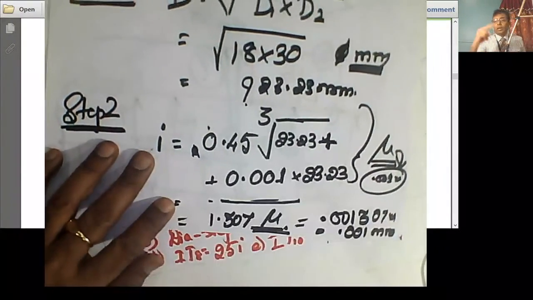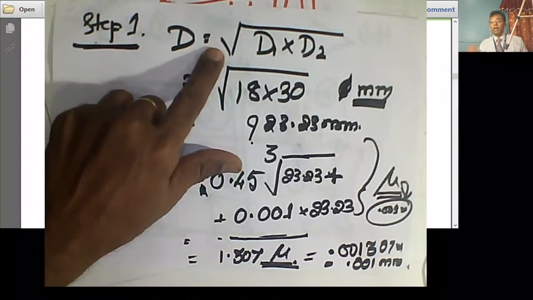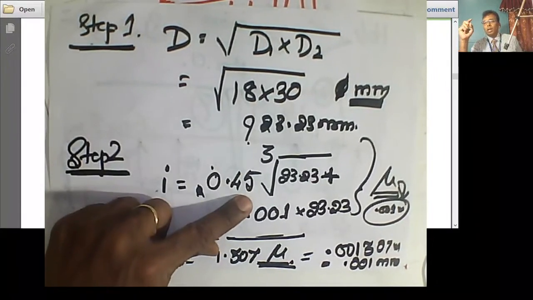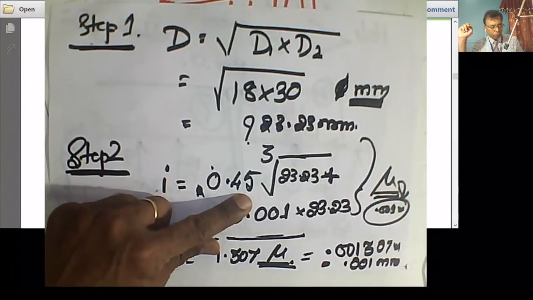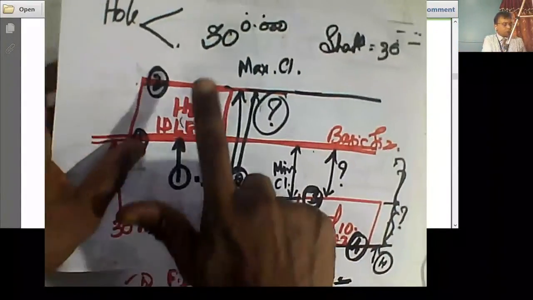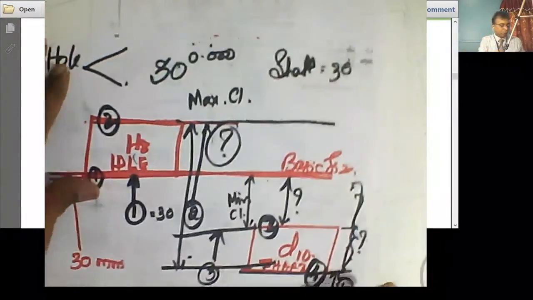Now, once you are done with these two important parts, that is finding out D and then I, this will get you 4 marks or so, maybe 1 mark here, another 1 mark, 2 or 3 marks definitely you should be able to get. Next two parts, you have to find out the hole dimensions. What are the hole dimensions? Let us calculate that.